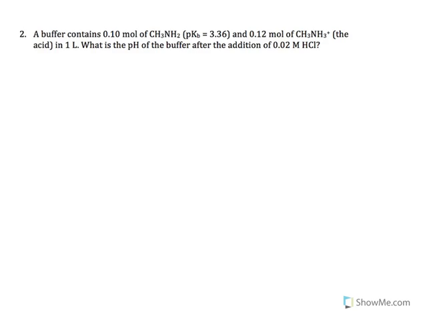In this example, we have 0.10 moles of CH3NH2, or methylamine, and 0.12 moles of CH3NH3+, and it's given in the question that this is the acid, in 1 liter. So to start off, we know what our weak acid is. Our weak acid is going to be the HA, which is CH3NH3+,